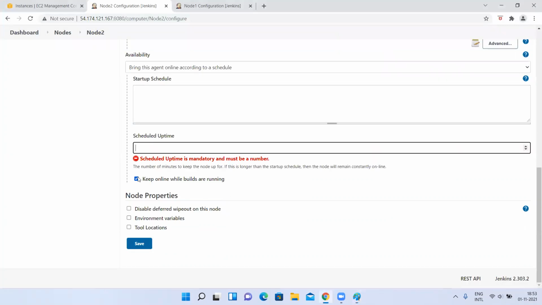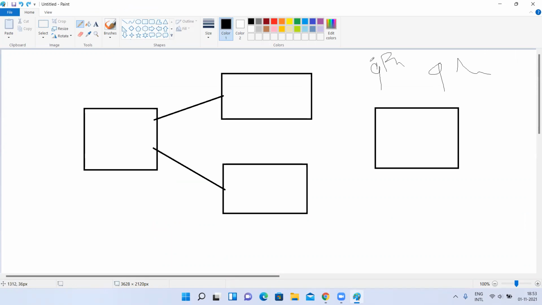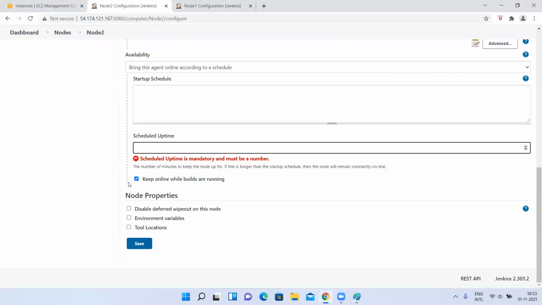If I select this option, what will happen is, today night it connected with the master at 9 p.m. Tomorrow 9 a.m. it is going to disconnect. At that time, if there are any running jobs, say one job has triggered but not completely executed, it is 50% executed, those jobs will keep running.